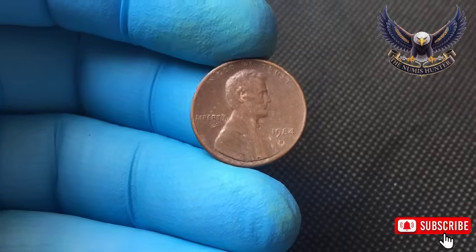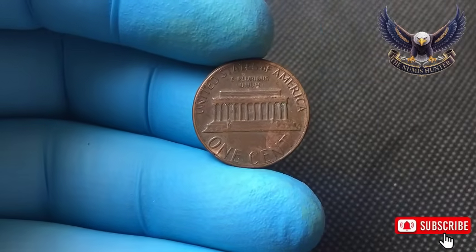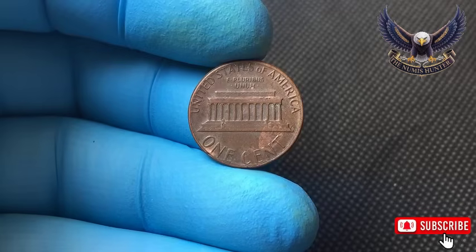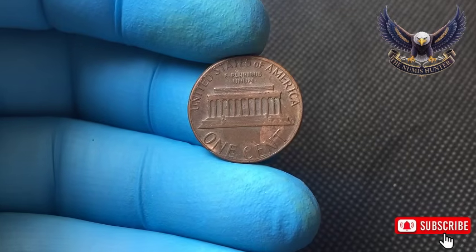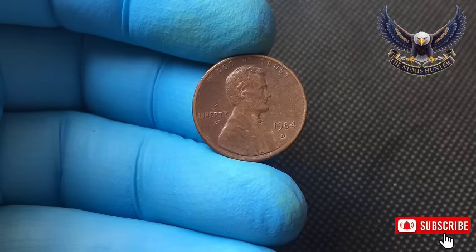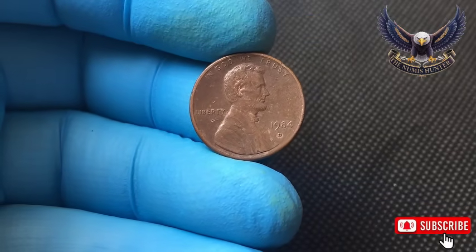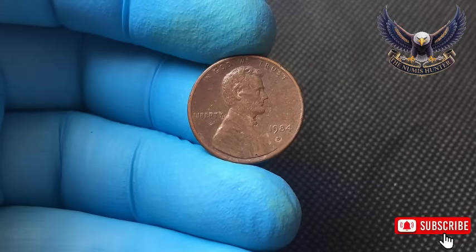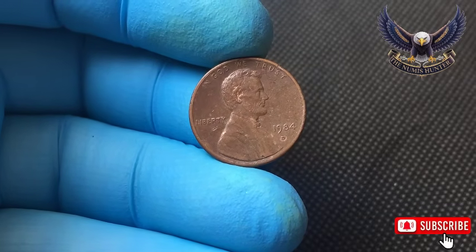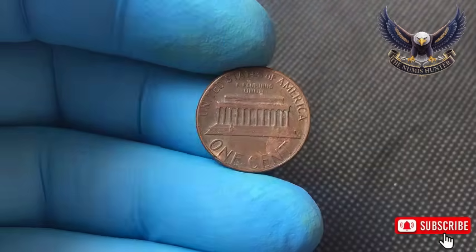Under magnification, the doubling on the D appears as a distinct secondary outline, slightly offset from the primary mint mark, creating a shadow effect that becomes increasingly obvious the longer you examine it, almost as though your eyes need a moment to adjust before the doubling truly registers. Compounding this already significant discovery, the same coin also displays a clearly documented broad strike error,